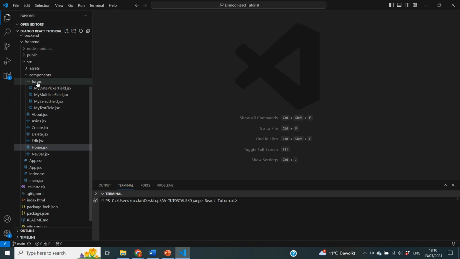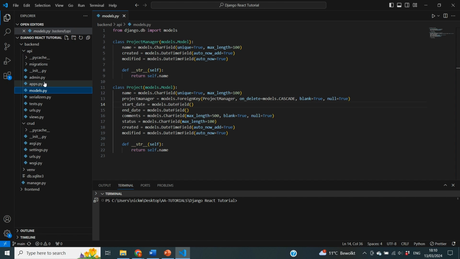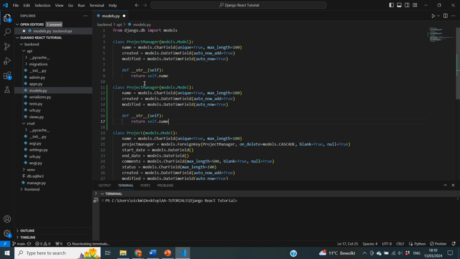So we are now in our code, and the first thing that we're going to do is make some changes to our backend. And inside of the backend, we're going to go to the API and then to our models.py file, because the first thing that I want to do is create a different model for the options for our multi-select field. So I'm going to copy over this class right here, and we're going to create a new model called employees, because we're going to add a new multiple choice field where we can allocate multiple employees to one